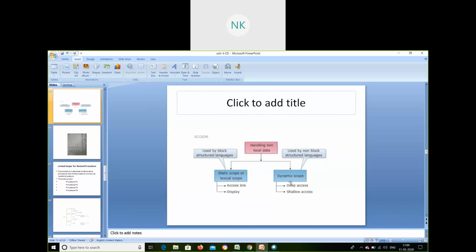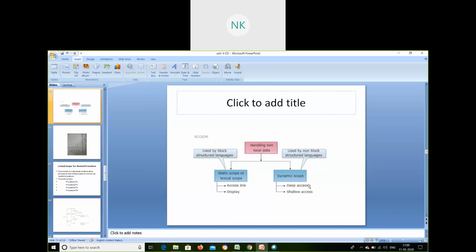And for deep access, the stack keeps track of the active variables only. It will not have variables which are not active.